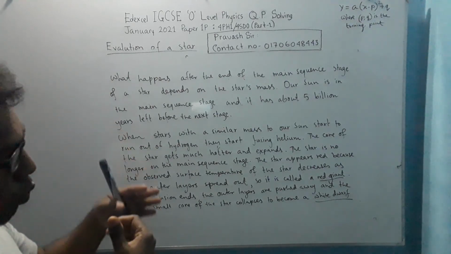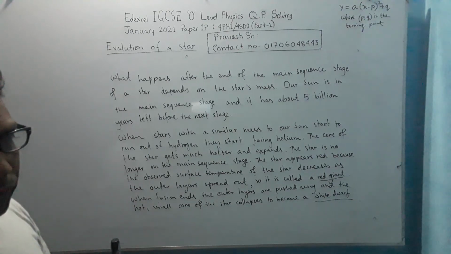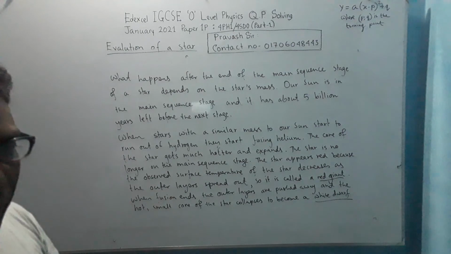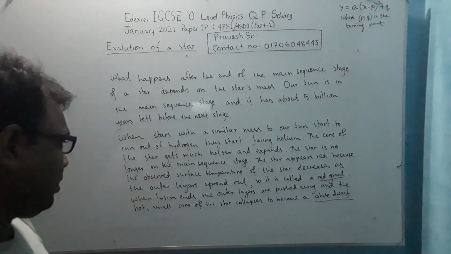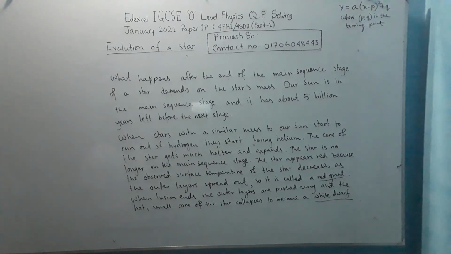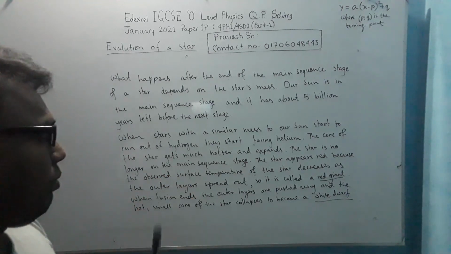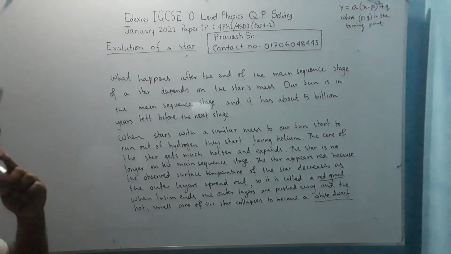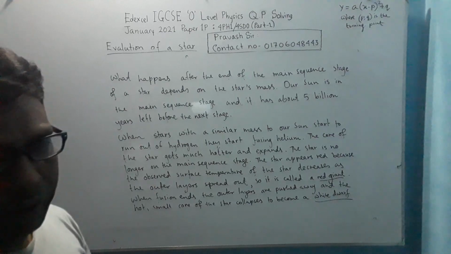We can remember the stages of life very easily, because the main sequence is the fusion of hydrogen, and the next stage is the red giant, in which there is fusion of helium, and after that stage, when the fusion of hydrogen is also